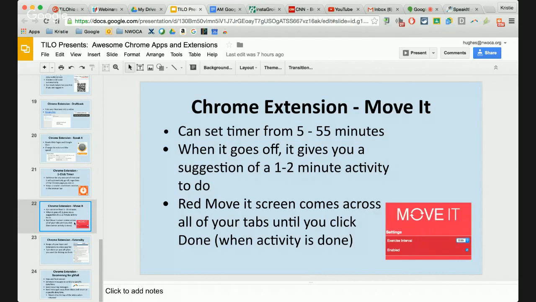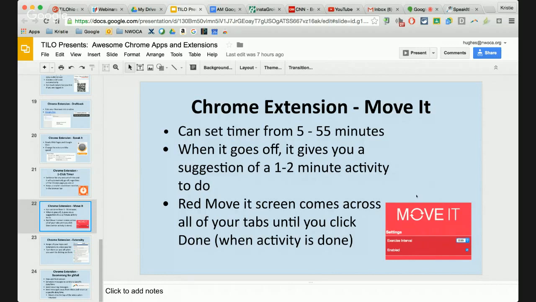And even for people like me, if I sit in the office or you guys sit at your desk, it's really helpful to have a silly extension like this, a really nice extension really, called Move It, where it can basically go off anywhere from 5 to 55 minutes, and it basically tells you to get up and move. And it sounds kind of silly, but here's a screenshot of it, and what it does is if I told it I want it to go off every 55 minutes, well, there's my other timer.